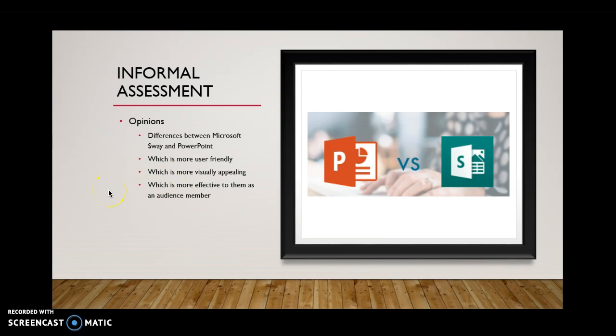And finally, which one is more effective to them as an audience member? So the final thing that students would do with their presentations once they're done is going through and presenting them to the class. So they would have the ability to be the presenter as well as an audience member being presented to. So they'd be able to flip the situation back around and see which one do they think is